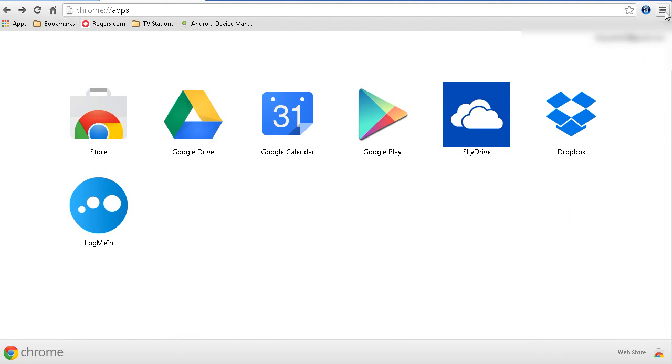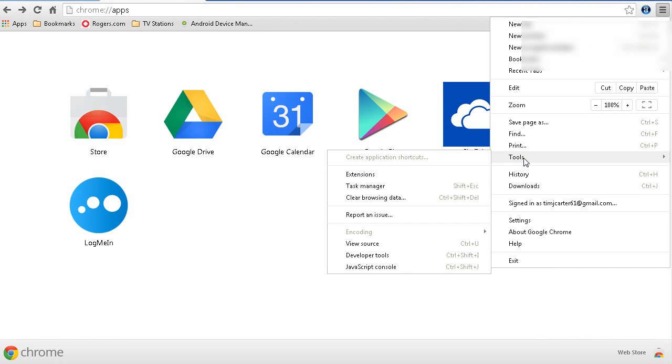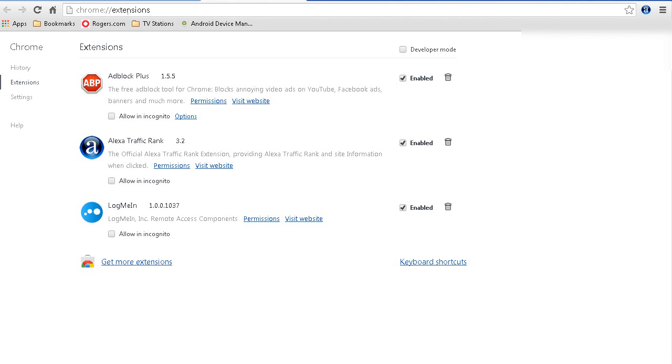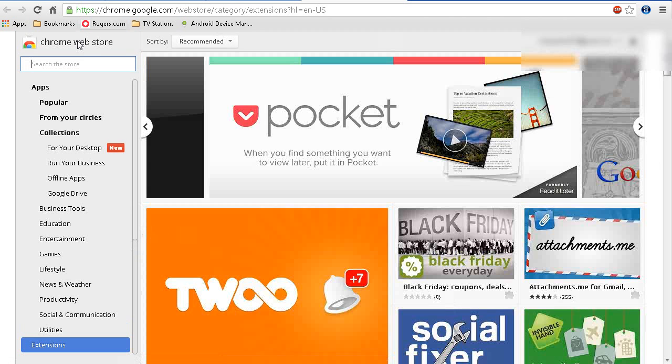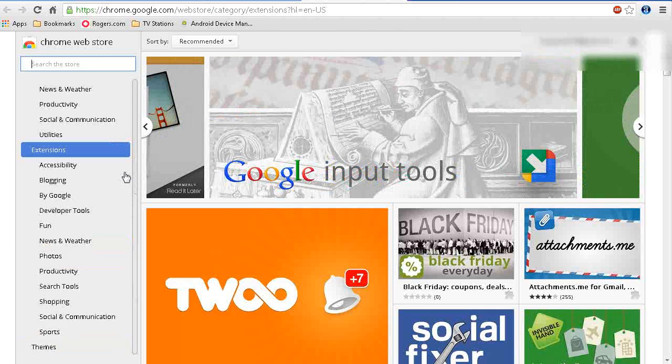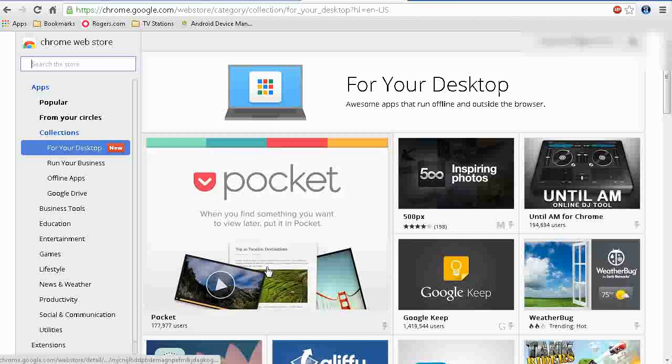Okay, now to install apps, you go up to this little thing up here, and you click on that. Then you go down to Tools, and then Extensions. From here, these show the ones that you have on your system right now. So what you do is go get more extensions. This brings up all the apps, but the ones we're talking about here are the desktop apps. You'll see here for your desktop, click on that,